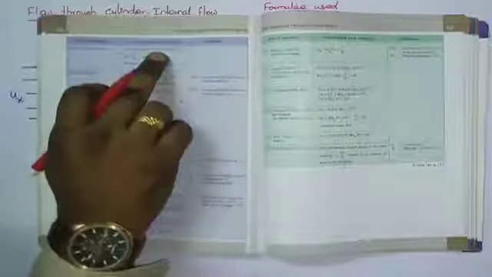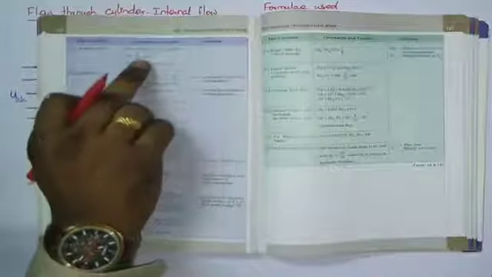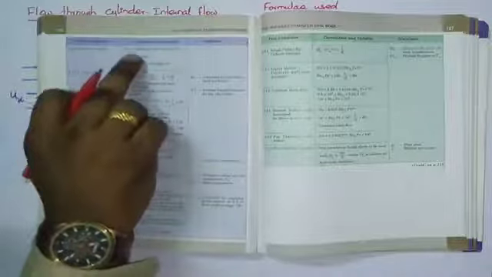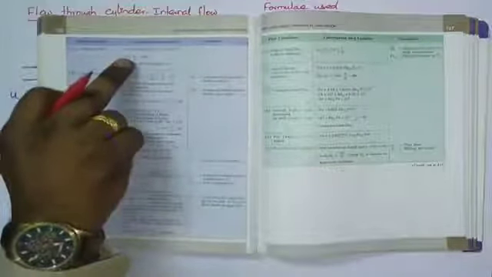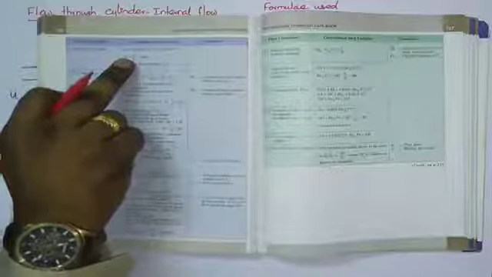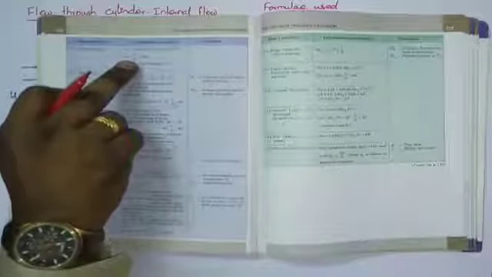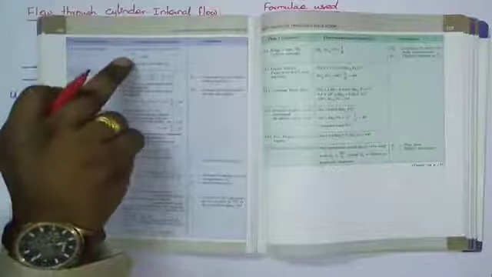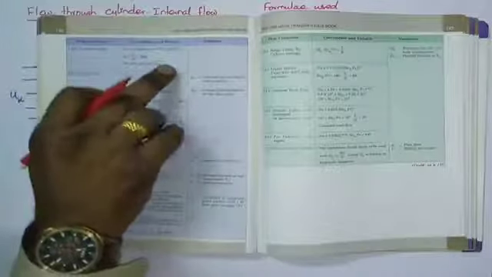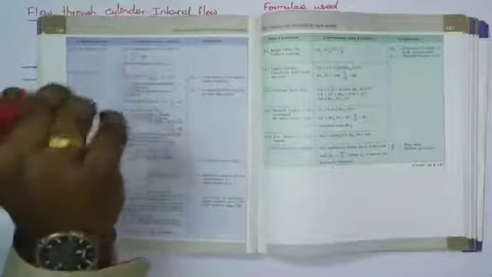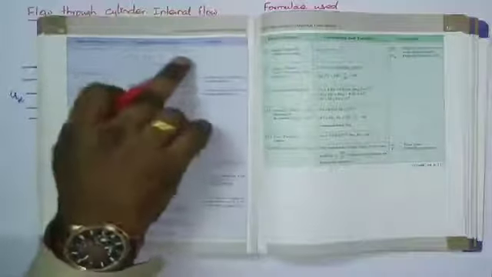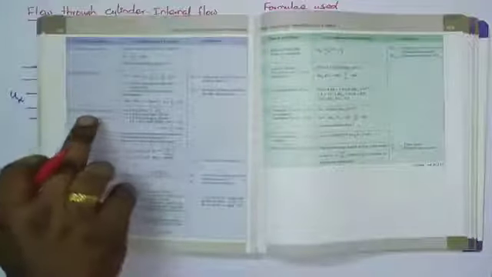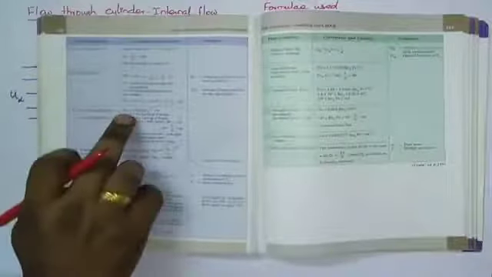Okay, this is the entry region formula, and the condition for the entry region is that the L by D ratio should be less than 400 and greater than 10, right? So if you find the L by D ratio, when it is between 10 and 400, then you can assume the point is in the entrance region, and you can use this formula, right? Similarly, for fully developed turbulent flow, the formula is given here.